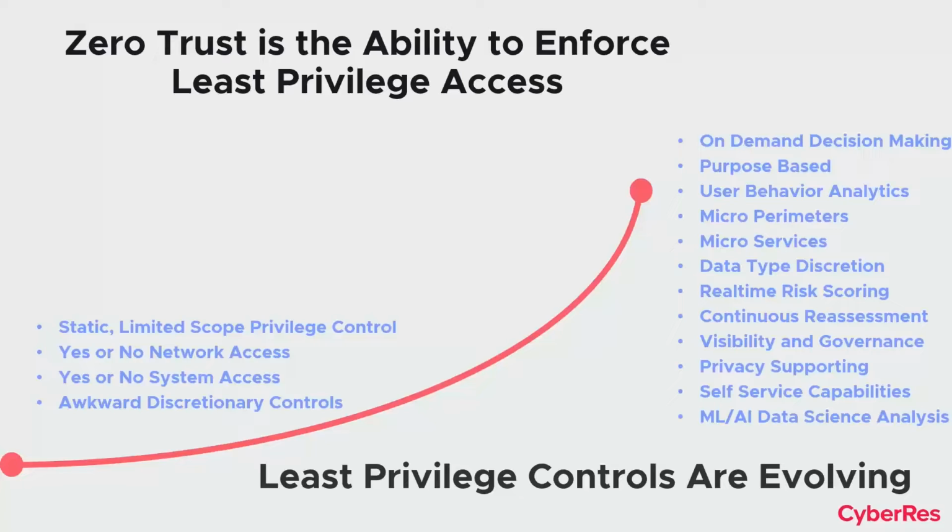We're able to set up micro perimeters. A lot of times that's based on microservices, handing out just a function of an application instead of the whole application itself, or part of the data instead of the whole data pool itself. We can have discretion on the type of data we're handing out. Is it sensitive data? Is it audited data? Is it controlled data? Is it privacy data? So all that can be attributed. The ability to apply real-time risk scoring completely moves us out of static-based controls into something that's very dynamic and alive, and that's a super powerful tool that we have now.